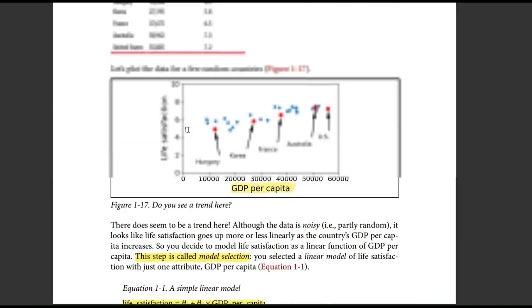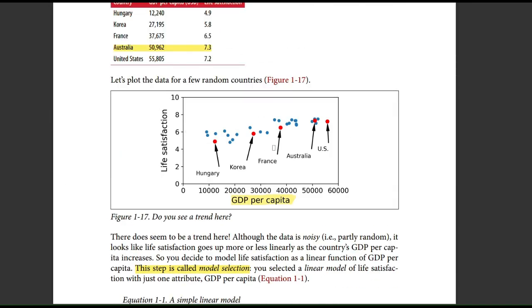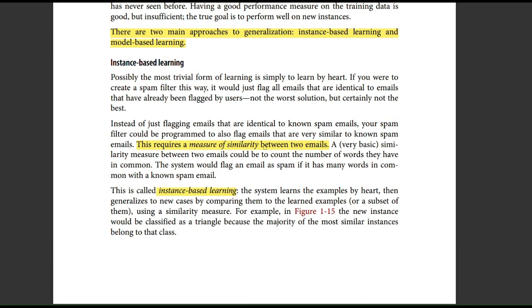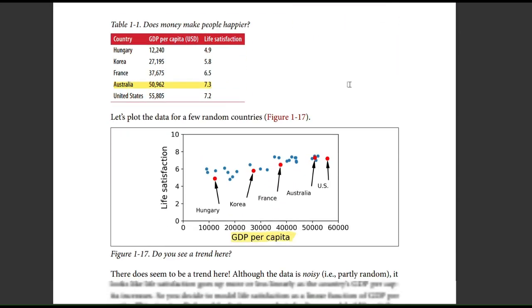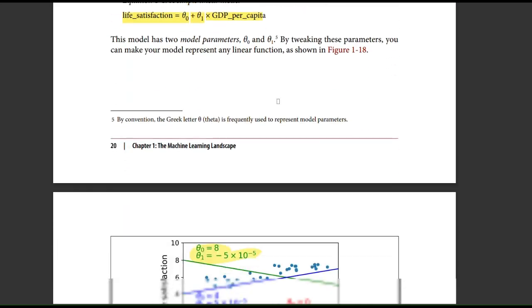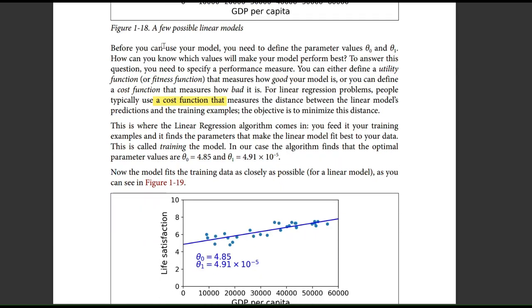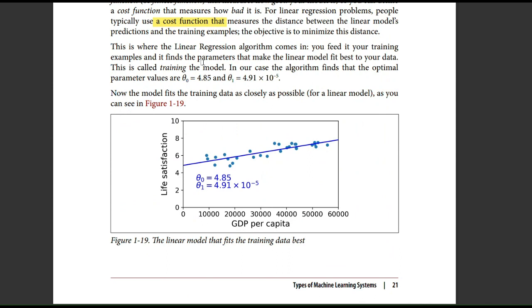So we'll just study a linear model in detail. This is just an introduction chapter. So we're just rushing through the linear model because our main goal is to understand model-based learning and not the linear regression model. So this is model-based learning wherein you classify with respect to a model that is learned from the training instances, and not just instance-based where you've already learned things by heart, and then you try to just classify the spam or not based upon the already learned instances. That is model-based learning. You're trying to fit a particular model on the particular data set.